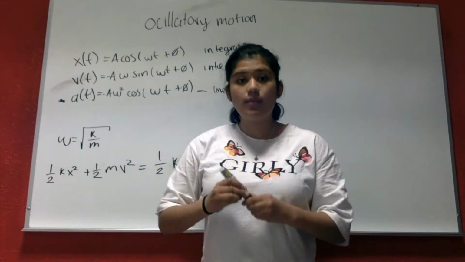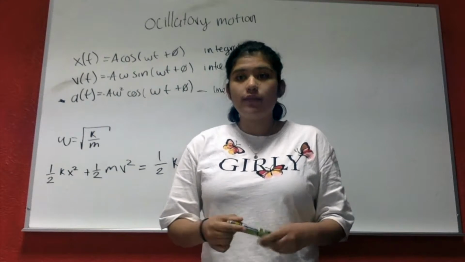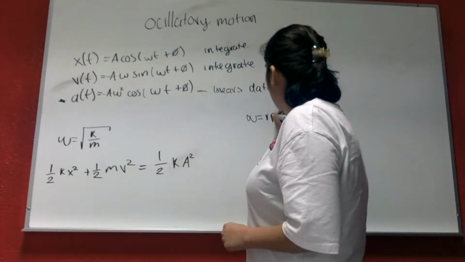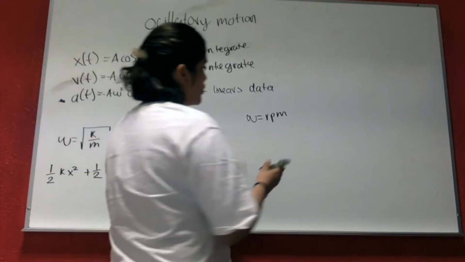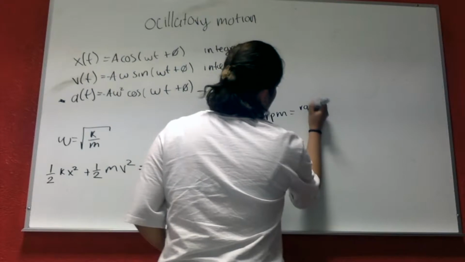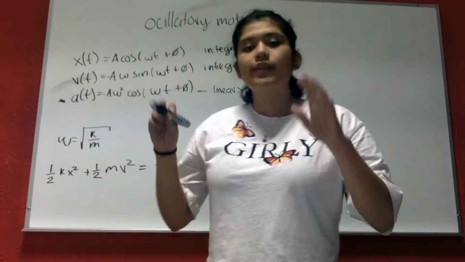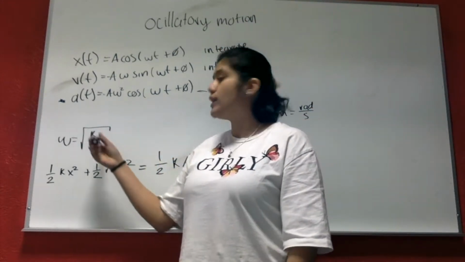Also, you need to remember that the app gives you W as revolutions per minute, and you need to change it to radians over seconds. So with this, and also you're going to use this formula that W is equal to a